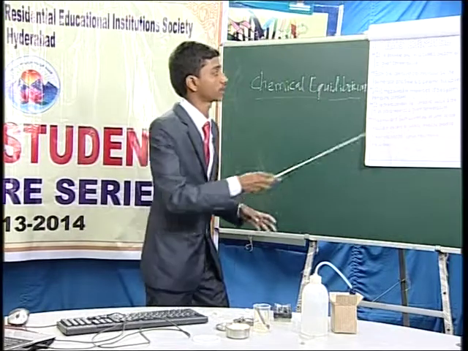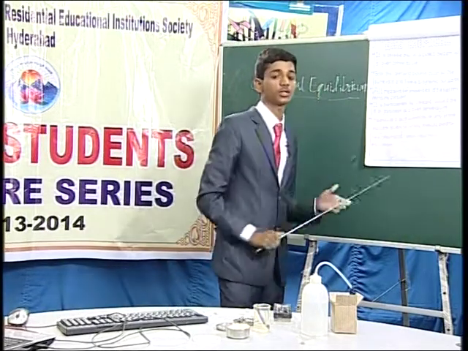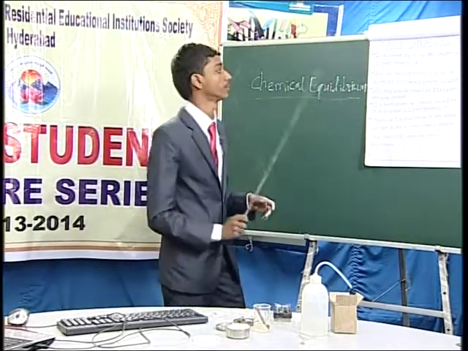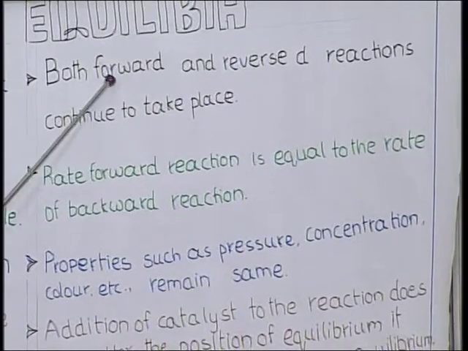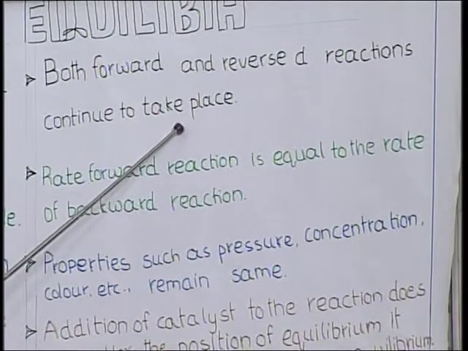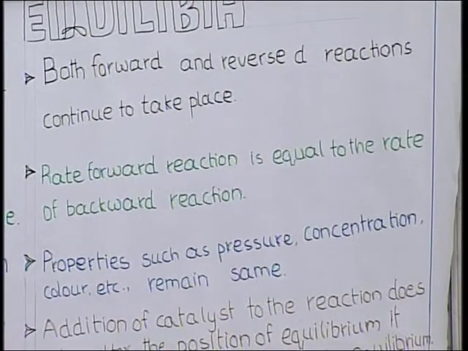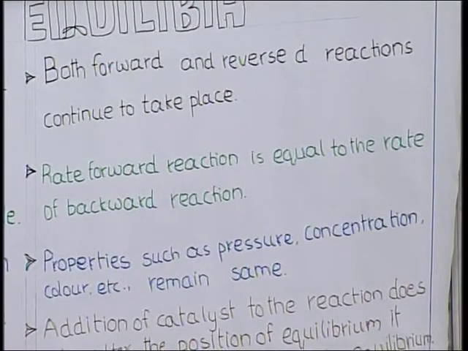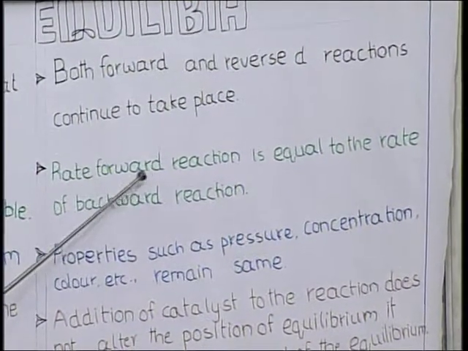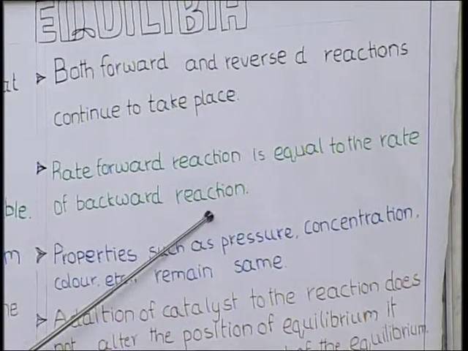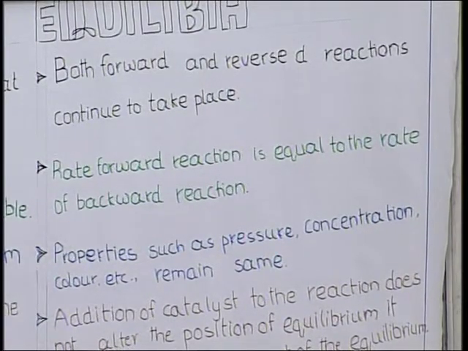And let us come to chemical equilibrium. What are the general characteristics of chemical equilibrium? In chemical equilibrium, both the forward and reverse reactions continue to take place, they never stop. Even if the equilibrium has occurred, both the forward and reverse reactions take place. The rate of the forward reaction is equal to the rate of the backward reaction. With whatever speed the forward reaction is happening, at the same speed the